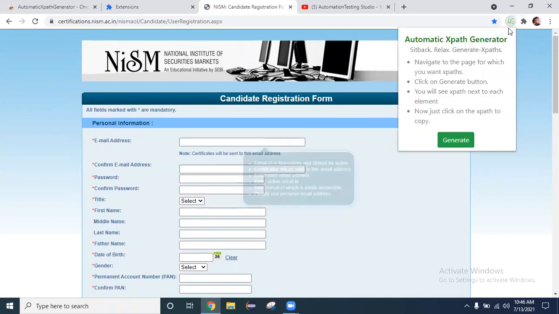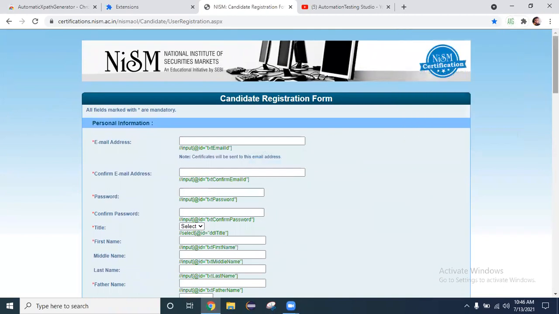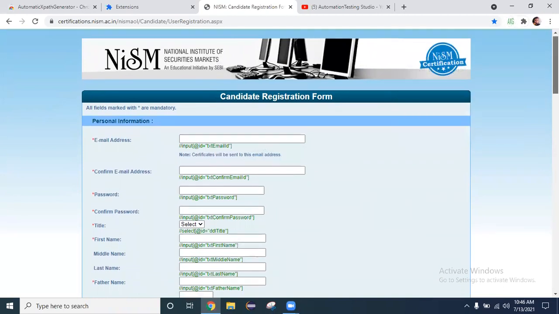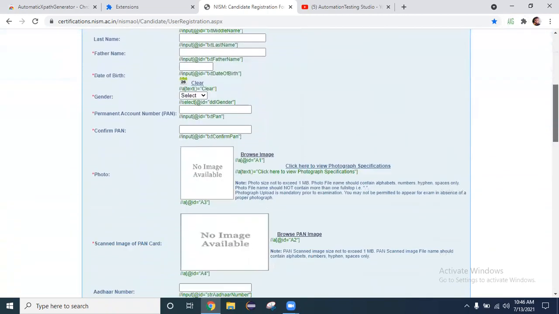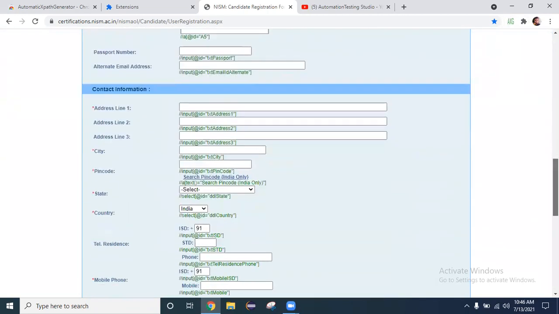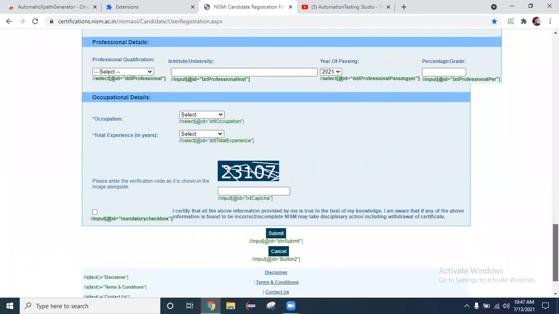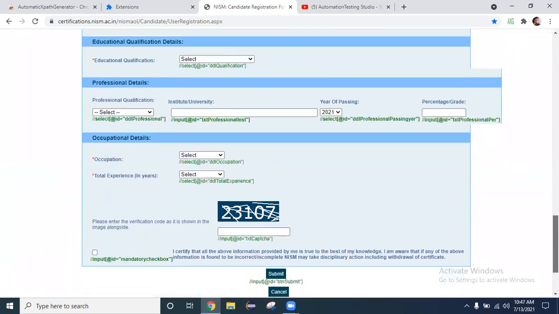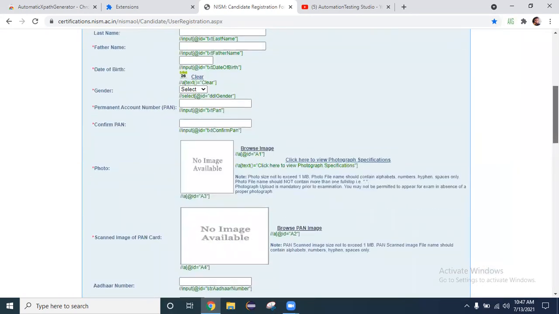Now, if you click here, click on generate. See, if you click on generate, just on a button click, you have got the XPath for all of the elements which are present on the web page. So if you see here, there are a lot of elements and different types of elements present here. And for all of those, you have got the XPath.